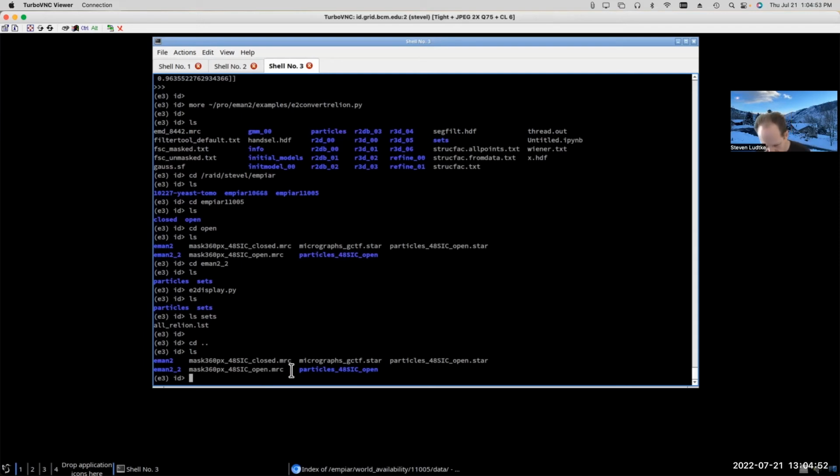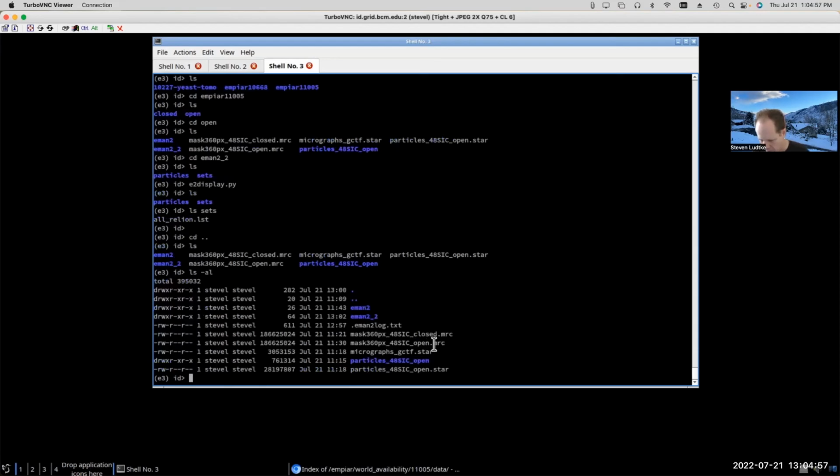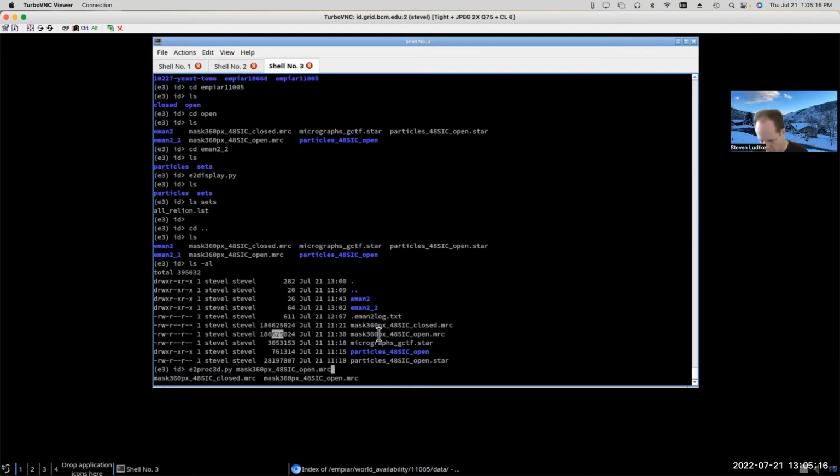So one of the other things I downloaded here were the open and closed mask files from this project. I just thought I'd point out that if you run e2proc3d on this, which is currently 186 megabytes, on mask 360 open, and we'll call it x.hdf, and I'm going to put a :8 on there to say that we want to preserve 8 bits of precision on the mask.